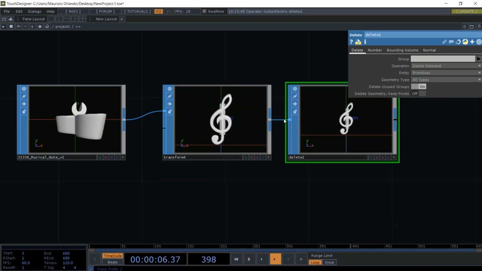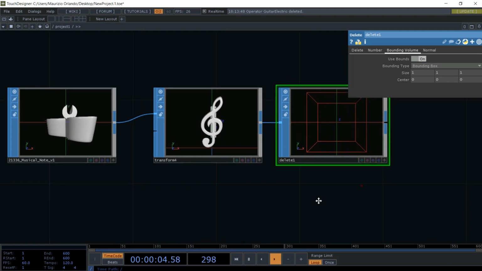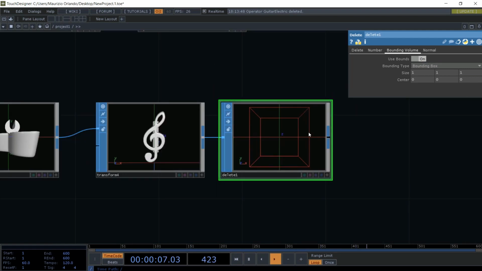And we select use bounds, and we want to use a bounding box. You can see here we have a box, and this is the box that is going to delete our geometry, our SOP, basically, according to its position, of course. So if we put it